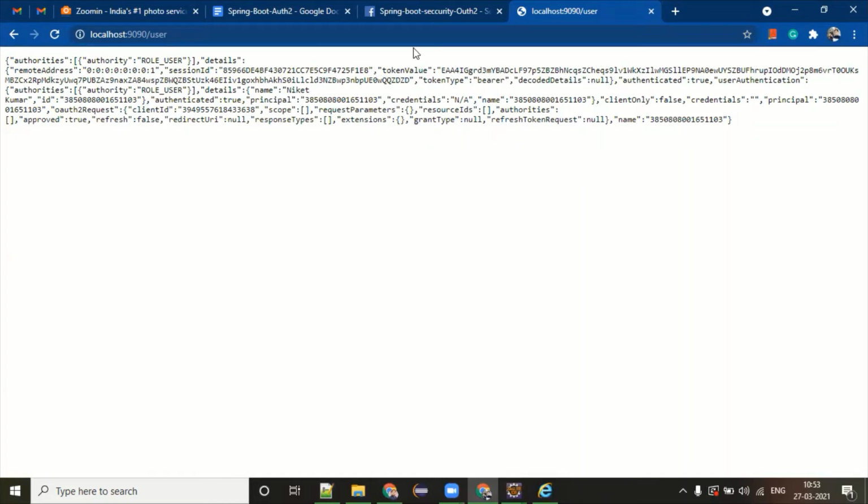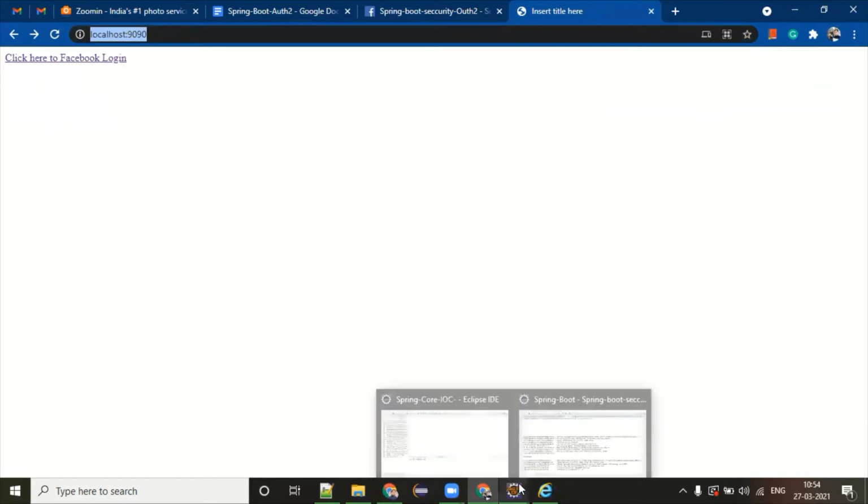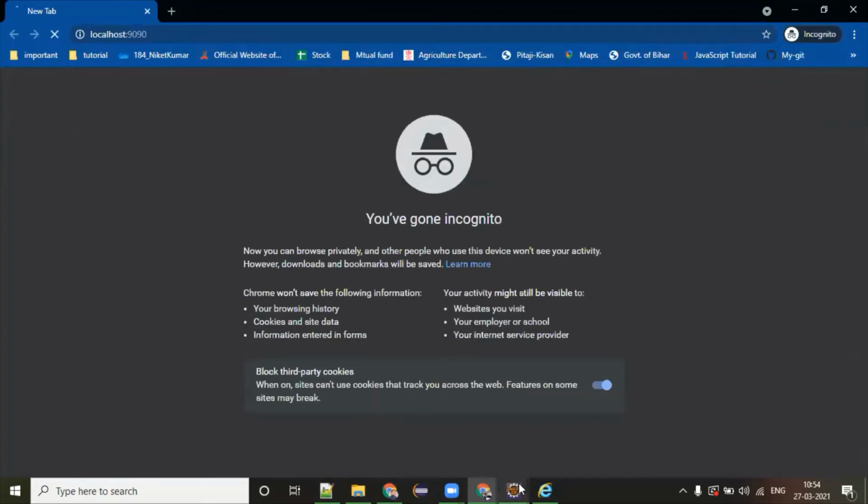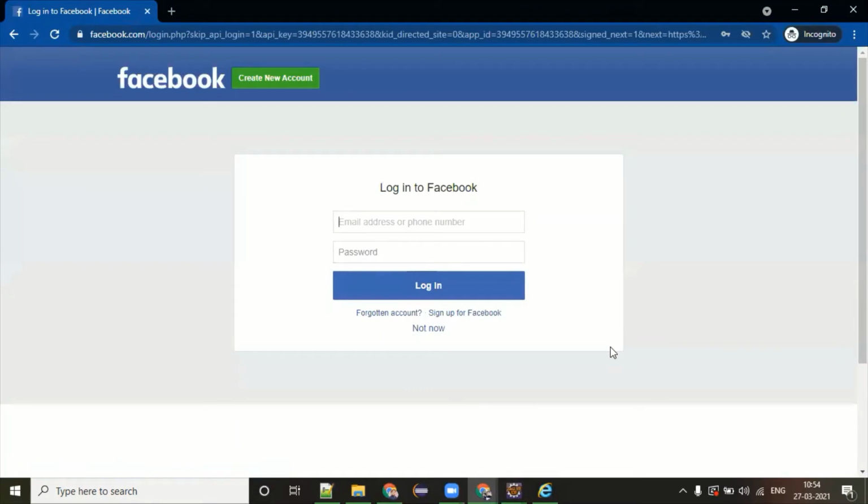You are able to do this, but you might be thinking that I'm already logged in to Facebook, that's the reason I'm directly getting it. But the moment you reach the other page, and now if you click on Facebook login, the default page will come something like this. Now here, the user has to give the credentials before proceeding further.